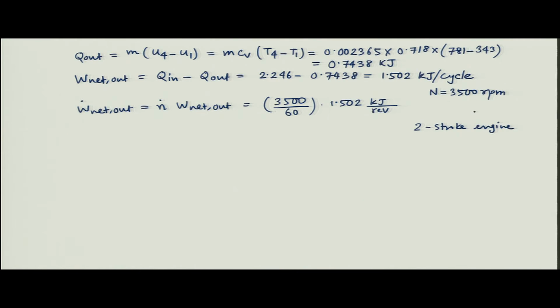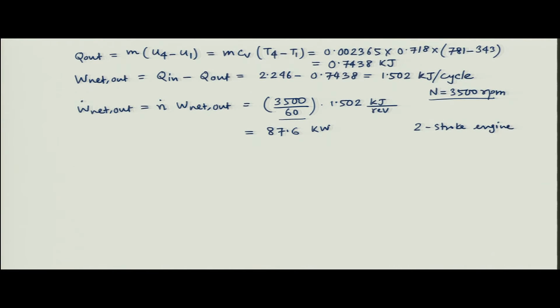So, the number of power strokes will basically be n. Okay. And this is 3500 RPM, we have to convert it into RPS, revolutions per second. That is what we have used here, but if it is a 4-stroke engine, then you have to divide it by 2, because for every 2 rotations there will be 1 power cycle. So, this can now be simplified and solved, and you will find the work done in kilojoule per second or kilowatt. So, this is the net work output for this diesel engine.